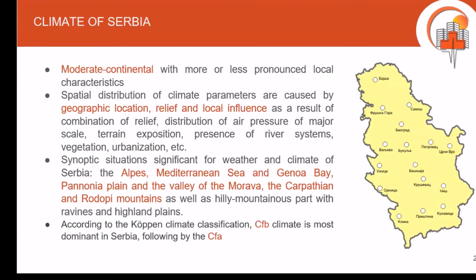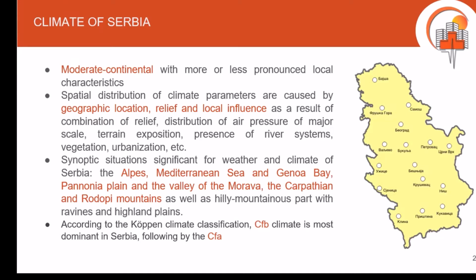So, what is the background? The climate of Serbia is moderate continental, and it has more or less pronounced local characteristics. Some of the influences that affect this climate are geographic location, relief, local influences, and so on. Also, urbanization lately affects climate in the cities the most. We also have some synoptic situations from a much wider scale that affect climate in Serbia: